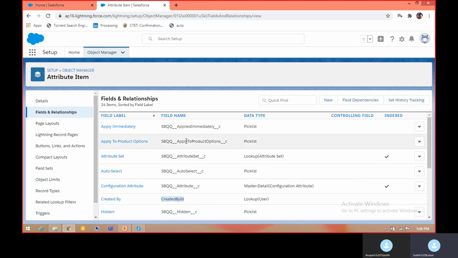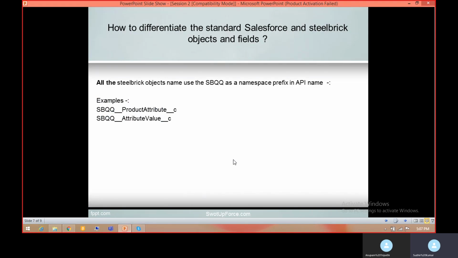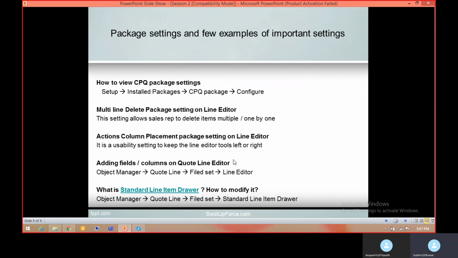But if you see other field names, they have SBQQ underscore. This is the main identification, and you can easily identify which field is related to the managed package and which is a standard Salesforce field. Let's move to the next slide.